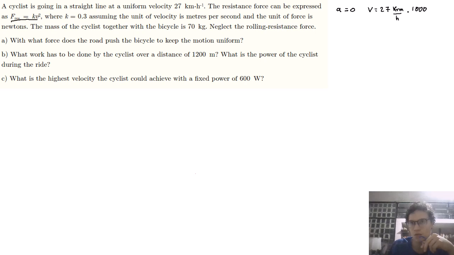multiplied by 1000 over 3600. That is 7.5 meters per second. That's the speed. And the mass of the cyclist and the bicycle, the total mass is 70 kilograms. But that is not relevant because if we do a diagram here,